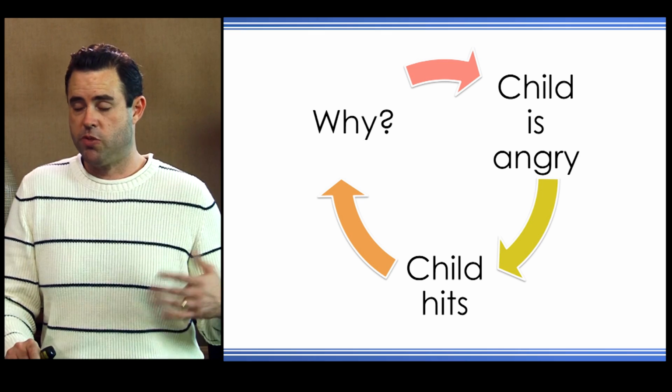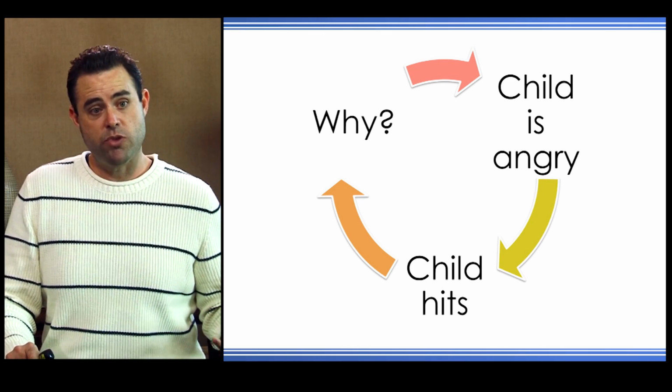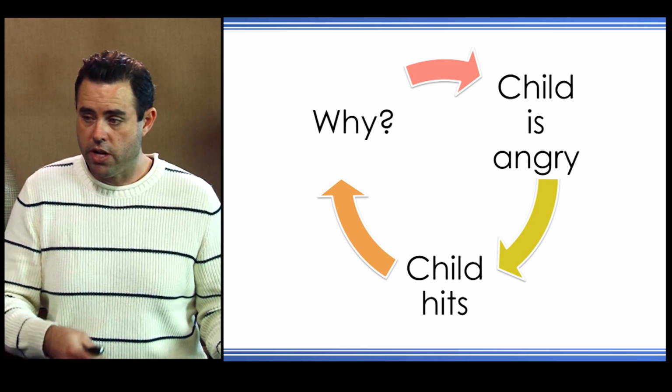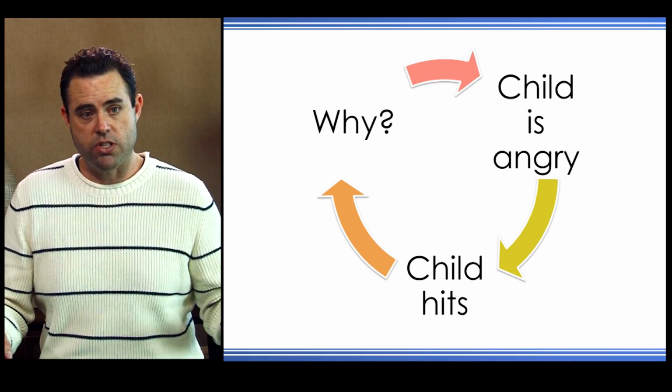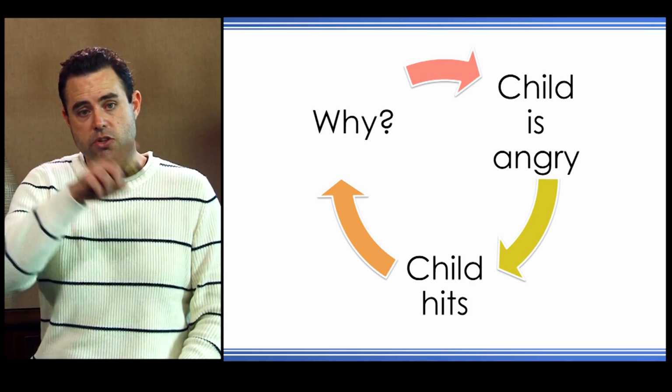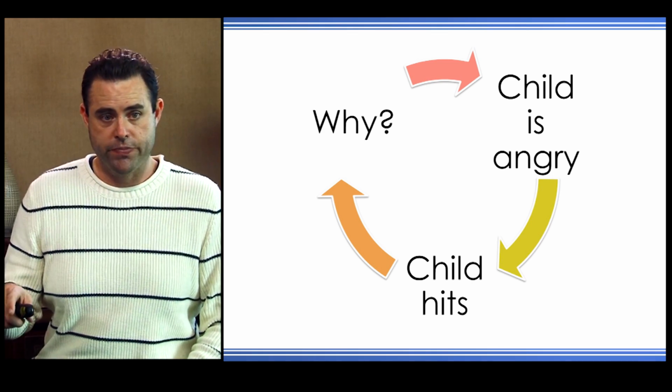And inevitably the response is something like, because he was angry. So the child is angry and so he hits because he's angry. And we get locked into this circular logic, and there's no escape from that logic. We have no way of intervening. We have no way of understanding what's going on. All right, so I want you to avoid thinking about how emotions cause behavior and instead focus on these potential